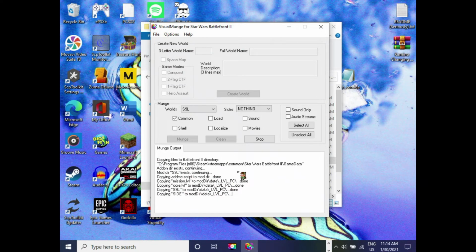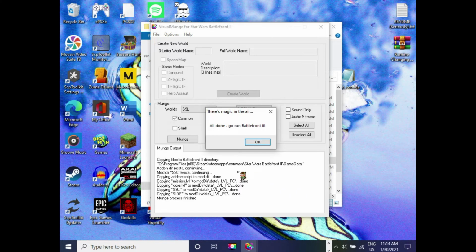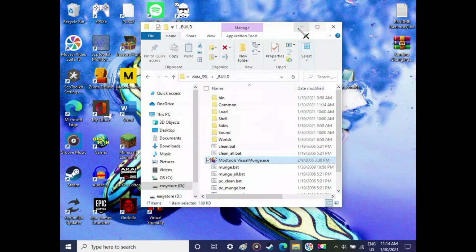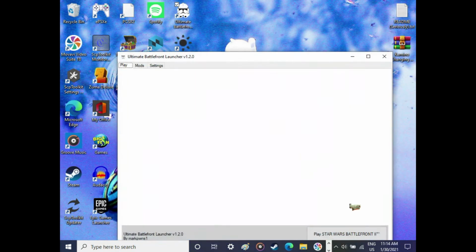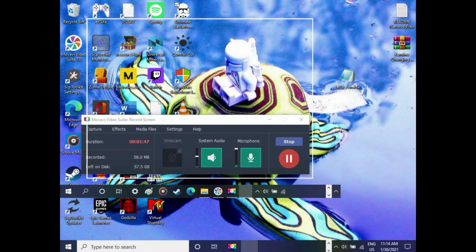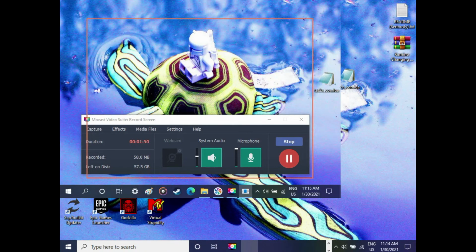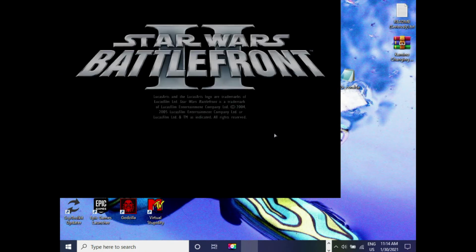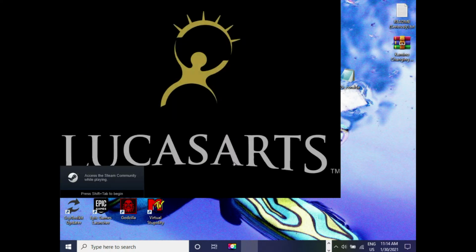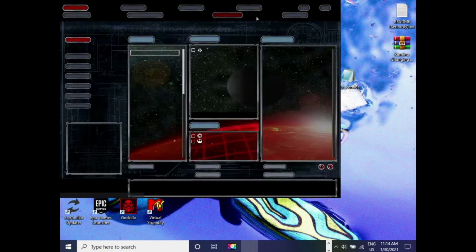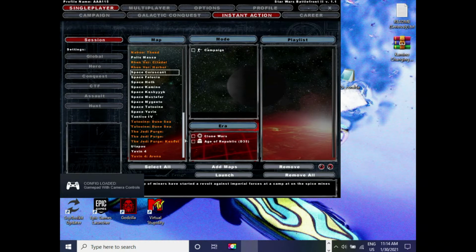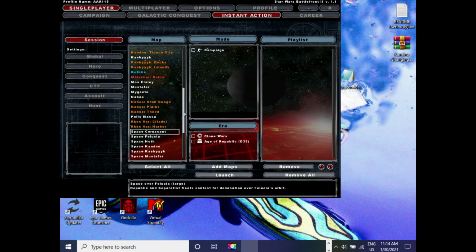now I can't say the same for the CIS. If you want to have a battle with the CIS versus the Rebels, there's no battle in which that occurs, so you'll have to make your own sound files, which I might show you how to do. It's kind of hard and not really worth it. The CIS and the Rebels wouldn't interact, because the game doesn't intend it, unless you record your own voice lines, like the Imperials and the clones do. So most likely